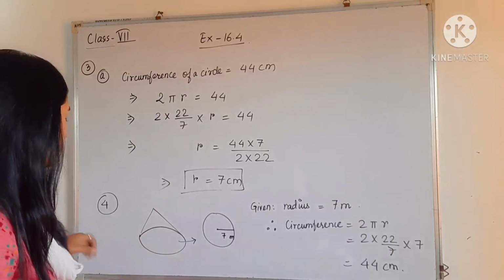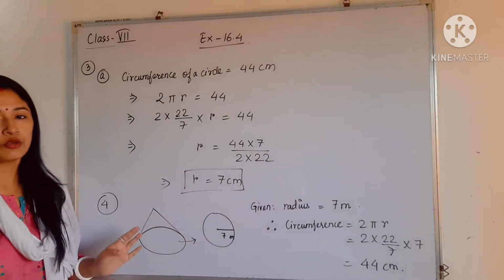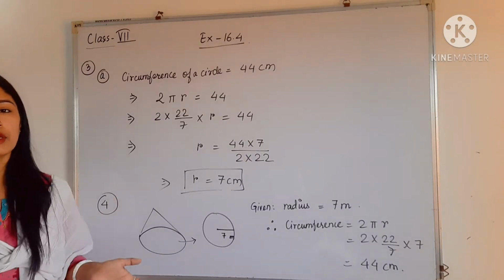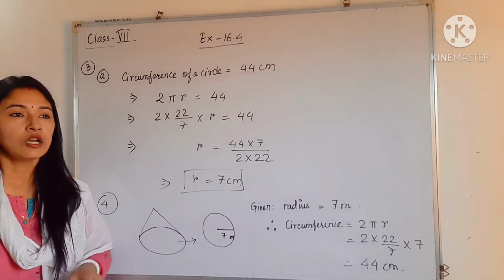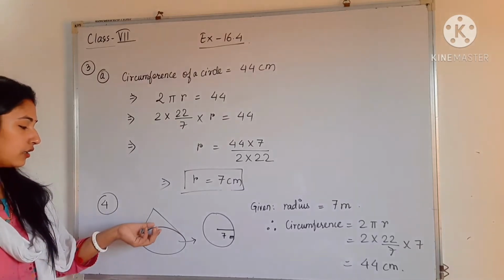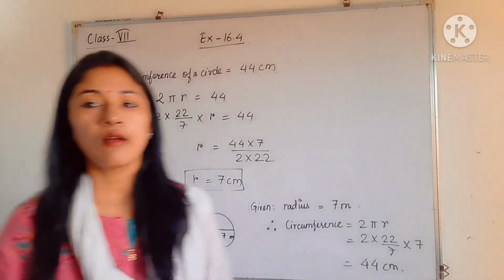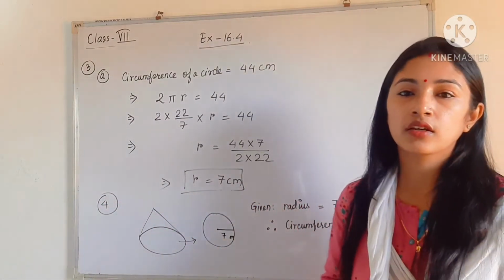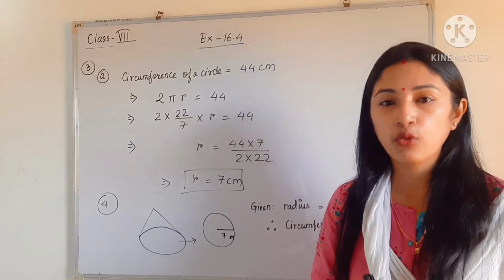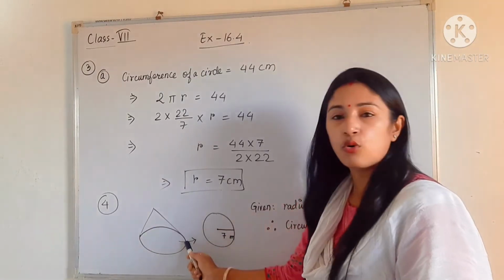Okay. So next question is number 4. In number 4, a tent is given. You know, you have seen it on TV. Okay, in some pictures also you have seen a tent. So generally there are many shapes of tent, but the main shape you have generally seen is that the tent is in the shape of a cone. Okay, so see, this is the shape of a cone.